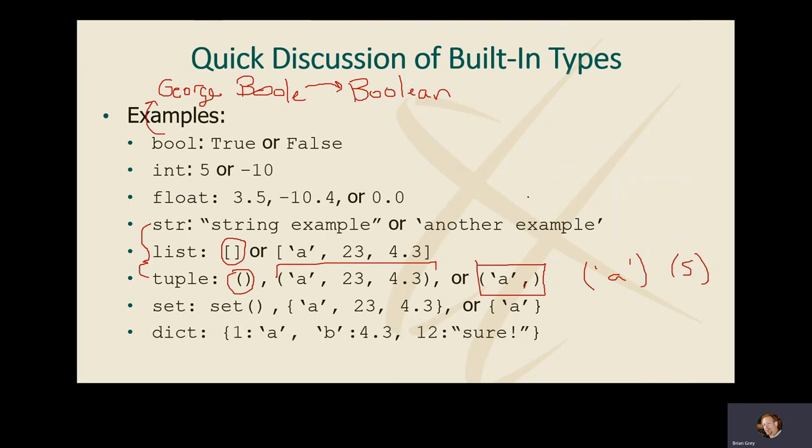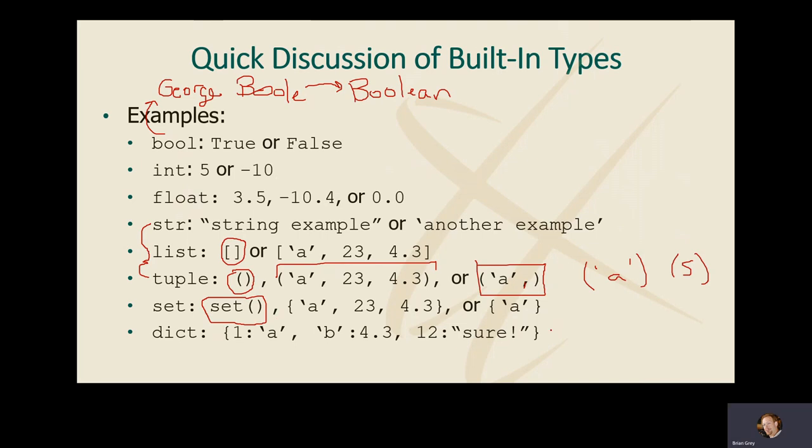We also have sets and dictionaries. Set is exactly like the mathematical concept. It is an unordered group of data where the data has to be unique. So you could have a list where every element is the same. You could have a tuple where every element is the same. You cannot have a set where every element is the same. It will reduce it to a single element. But notice this. In order to declare an empty set, you have to explicitly call the set constructor.